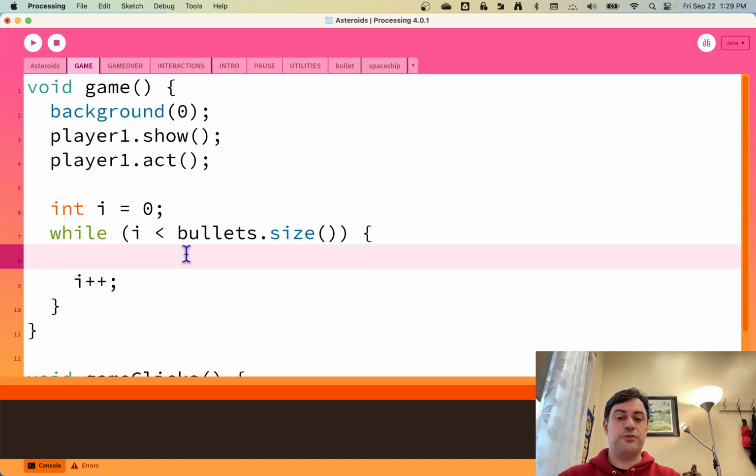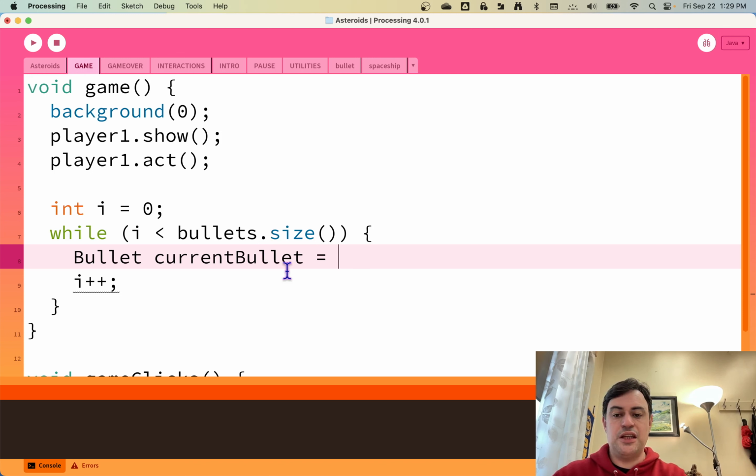So what do we want to do with the bullets? This part is a little bit confusing. I might do some additional lessons in class about this, but what we need to do is get the bullet out of the list. We'll put it in a temporary variable so we can manipulate it and then have it do its thing. So I'm going to make a temporary variable, bullet, I'll call it currentBullet, because it's going to represent the bullet we're currently examining. And then it's going to equal